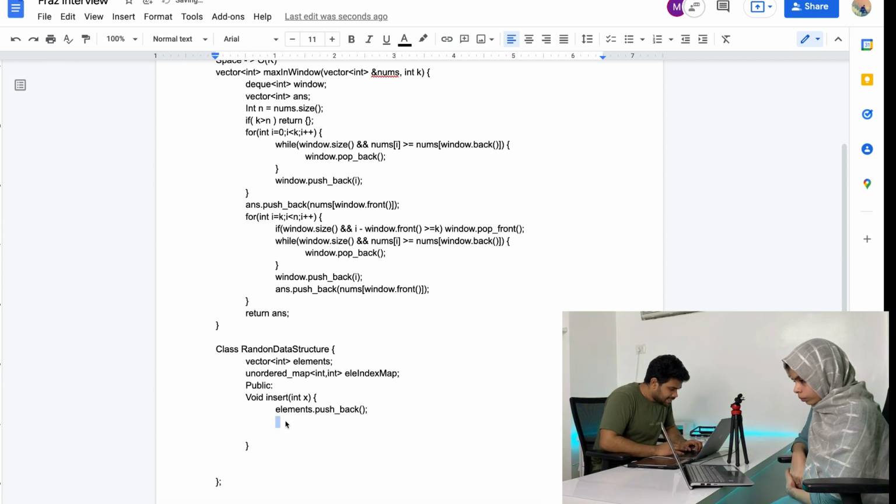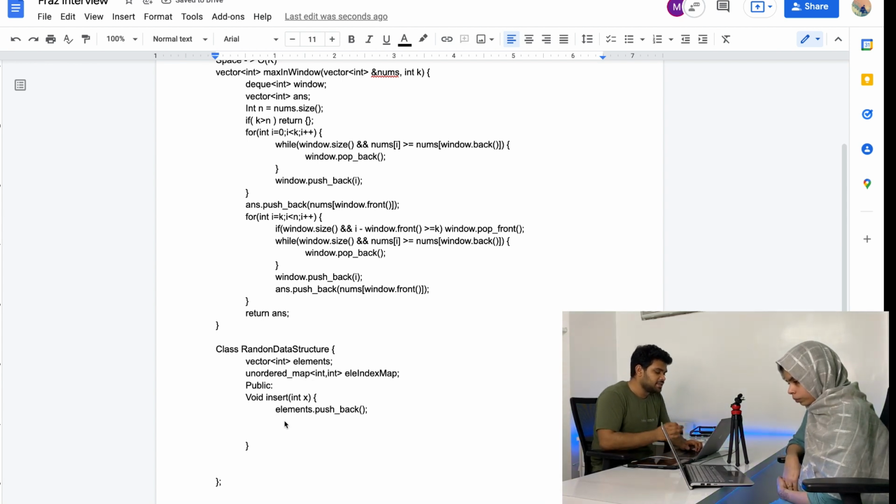So inside this map, I have to basically maintain that this is the element which I am pushing inside my data structure x, and it is pushed at a certain index, right?